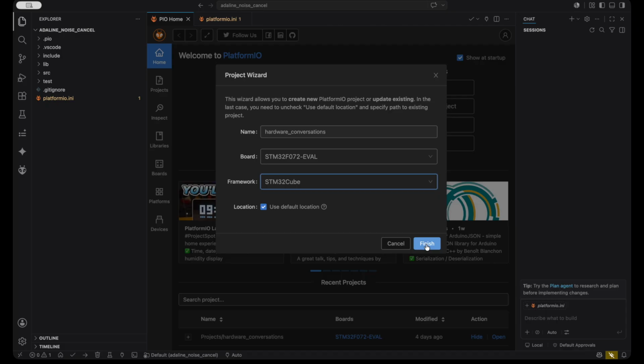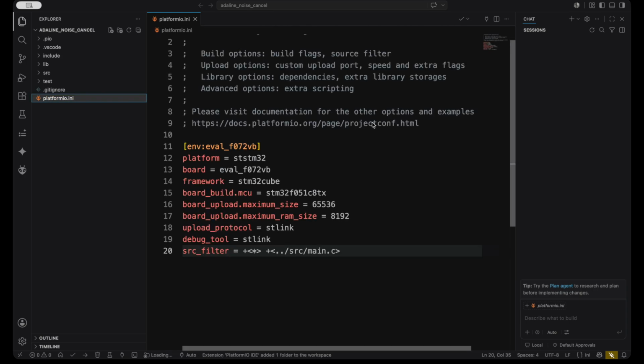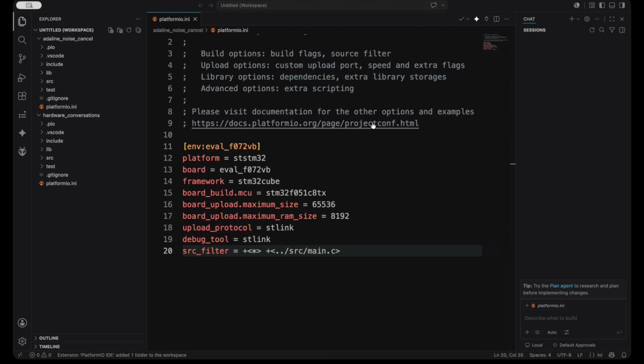I'm going to use all. You can select a different folder. I'm going to hit finish, and this requires a few seconds. While that is done, you can see this new project is created, hardware conversations, and in this there is the